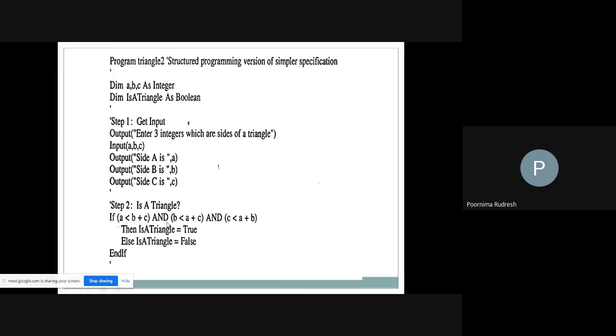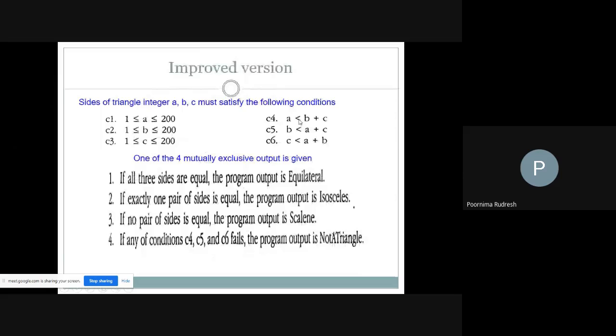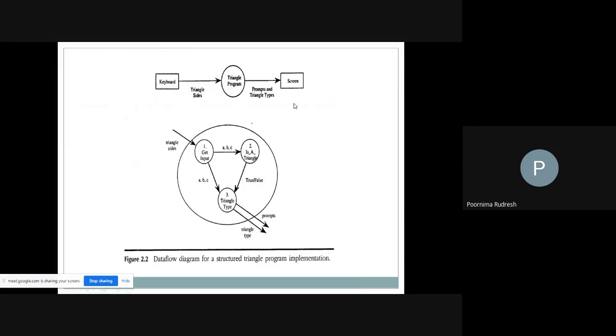Next, we are checking the condition whether it is a triangle or not. In the previous case we defined that if any one of these three conditions fails, C4, C5, C6, then we say that it is not a triangle. That we are checking.